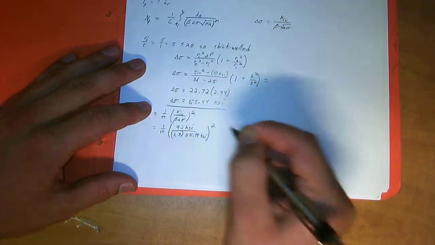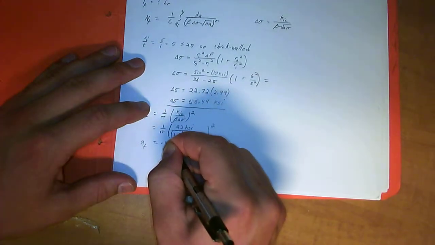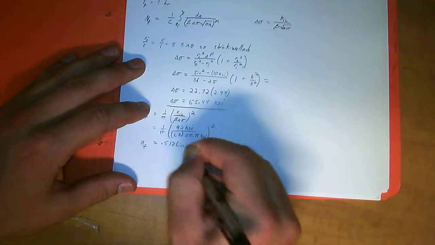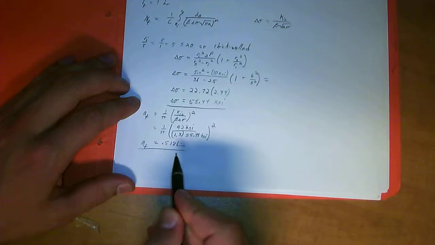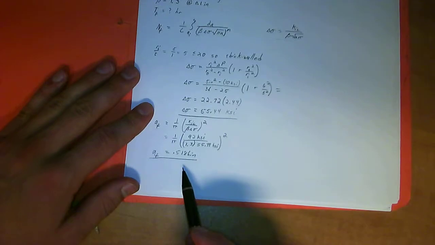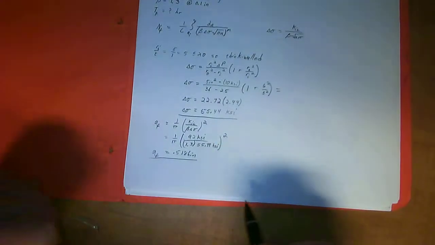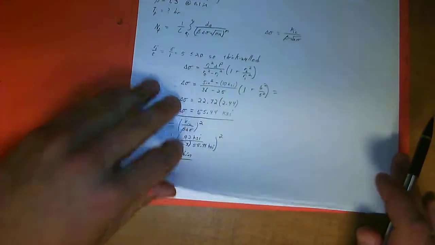So we've got the A initial up here of 0.01, and then we've got A final of half an inch where everything breaks, and we have complete failure of the vessel. So we've got AF, we've got delta sigma, so we can move on to the next equation and actually figure this out here. So moving on, I'll try to set this off to the side. Maybe you guys will be able to see some chunk of it. But so going back to our original equation of NF is equal to,